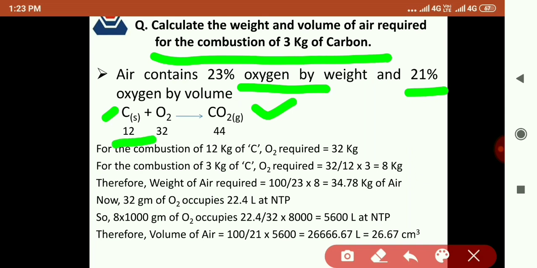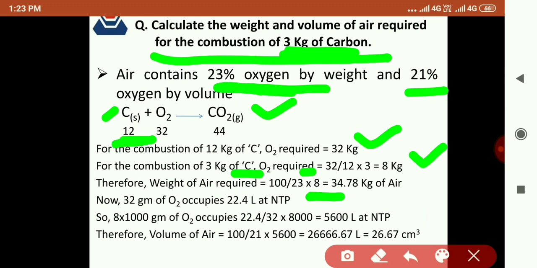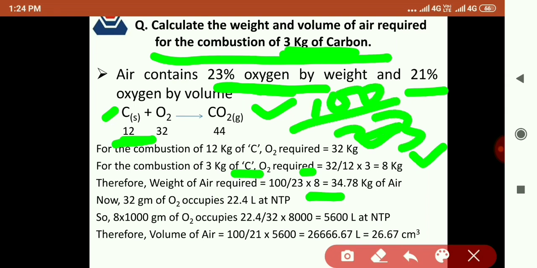So here you can see that 12 kg of carbon के combustion के लिए जो ऑक्सीजन रिक्वायर्ड है वो है 32 kg. तो यहाँ पर पूछा कितना है 3 kg. तो 3 kg ऑफ कार्बन के कंबशन के लिए ऑक्सीजन रिक्वायर्ड कितना हो जाएगा, 32 upon 12 into 3, that is 8 kg. सो 8 kg मतलब 8000 ग्राम्स। तो वेट ऑफ एयर रिक्वायर्ड कितना हो जाएगा, वेट ऑफ एयर रिक्वायर्ड इज इक्वल्स टू 100/23 इंटू 8, क्योंकि हमें पता है कि एयर कंटेन्स 23% ऑफ ऑक्सीजन बाय वेट। सो अगेन हमेशा ये फॉर्मूला हम यूज़ करेंगे, 100/23 इंटू जो भी वेट आया उससे हम मल्टीप्लाई कर देंगे।